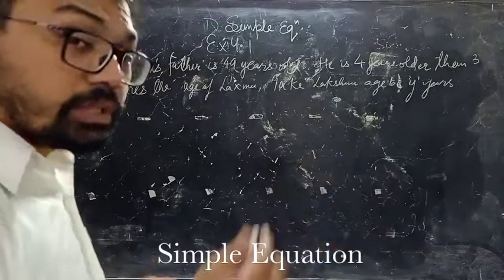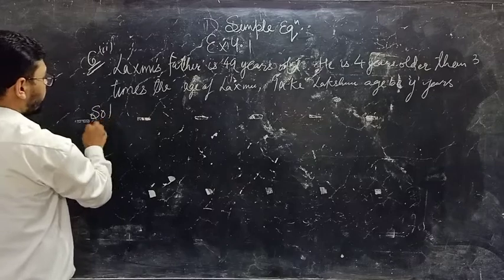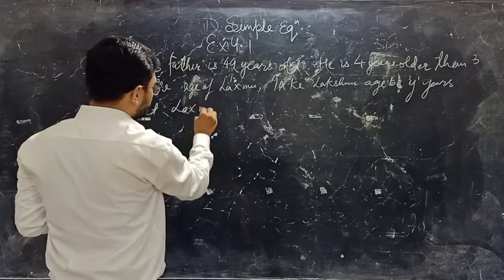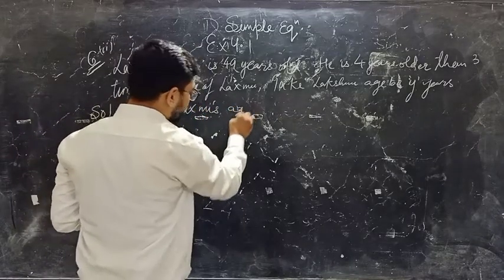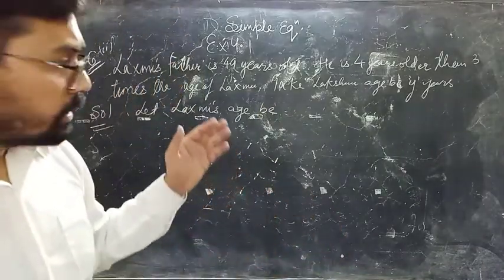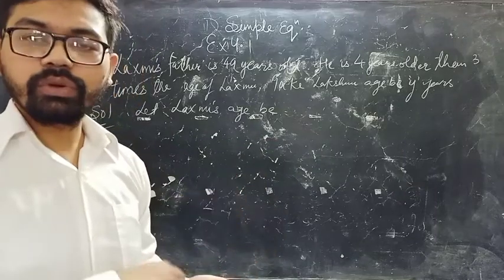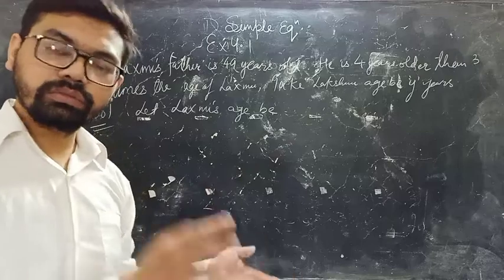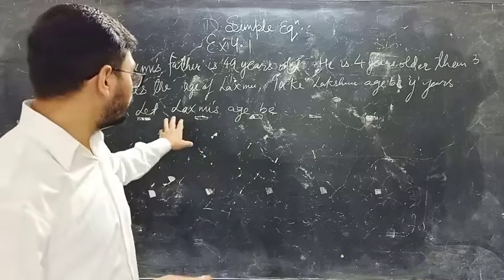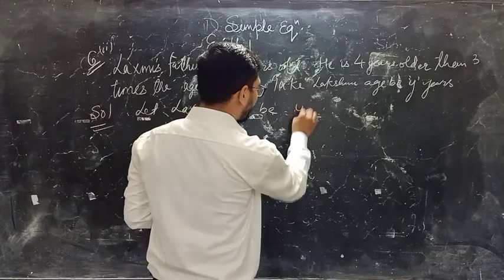Now the question is how to make an equation corresponding to this statement. So what you will write? Let Lakshmi's age, this is the present age. Whenever we are talking about age, especially till the time years are not given, that is after 4 years, 4 years hence, 4 years now, or 4 years ago, or whatever. If these sorts of statements are not given, that means we are talking about the present age. Okay. Let Lakshmi's age be y years.